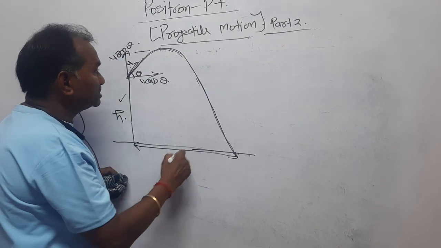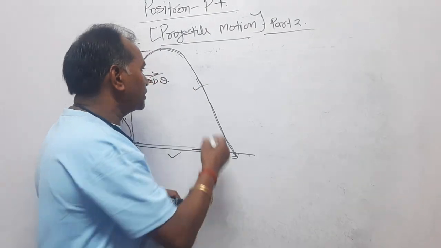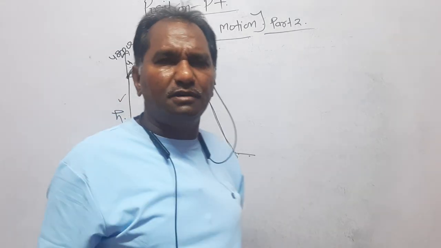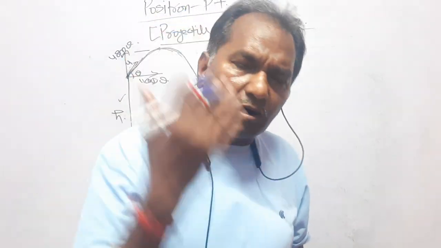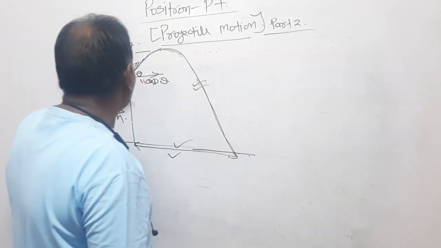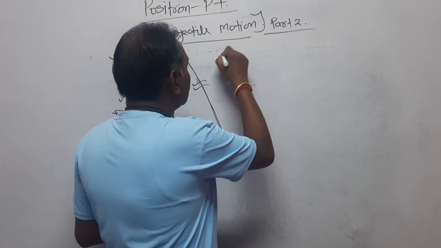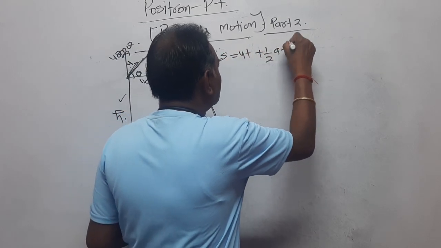Either this time or this time or this time. Actually, we do not have any process to find out this and this time. That is why, whatever be the projectile motion, whatever be the equation of parabola, in all the cases we consider only the vertical motion. If you apply the second equation of motion, s = ut + half at square,